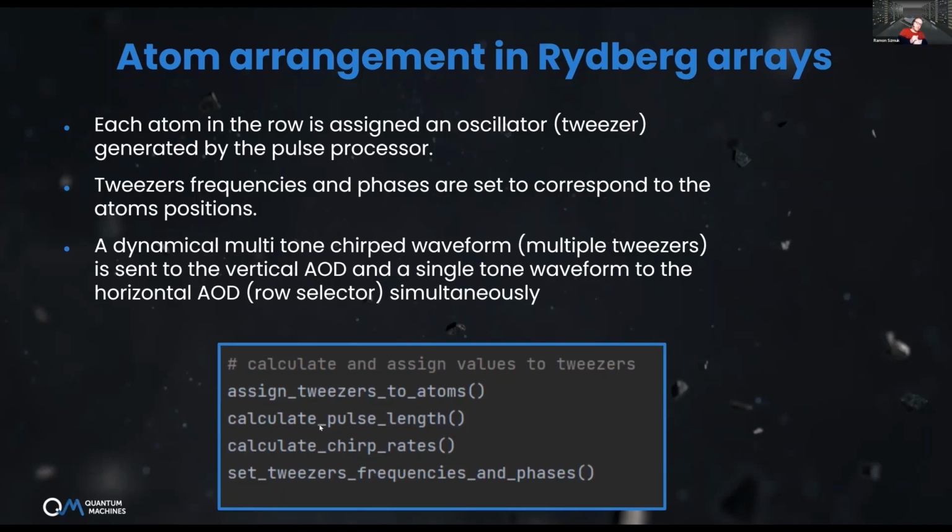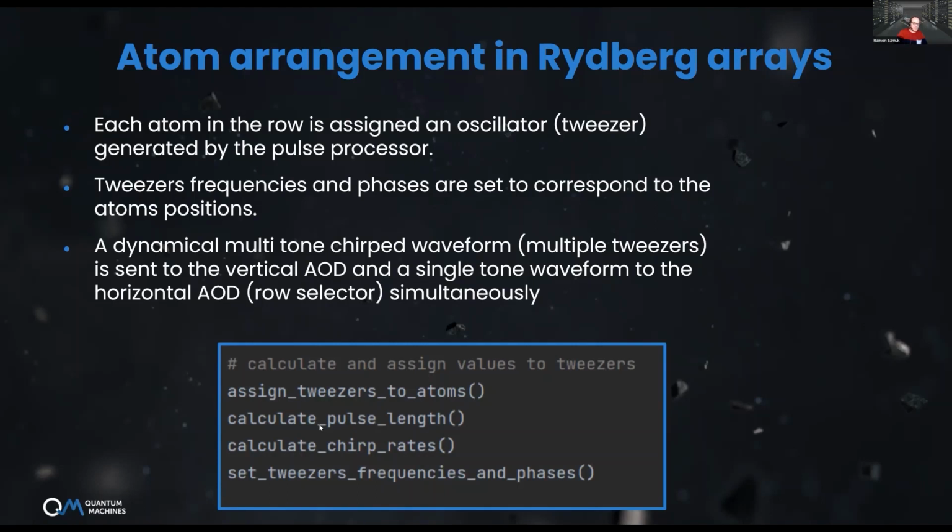So we're first looking for a particular line to see how far is the furthest atom from its target. There is one atom that is the furthest from where it should be, and so that needs to traverse the largest distance. And so this one sets the pulse length because it cannot move. This atom cannot move faster than a particular